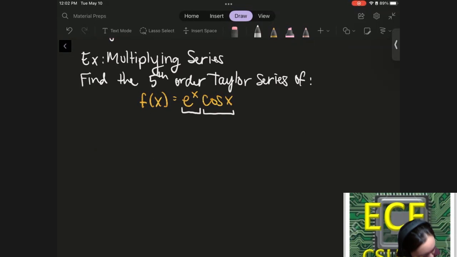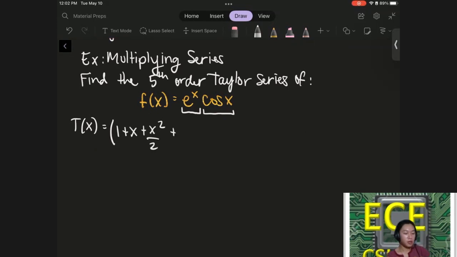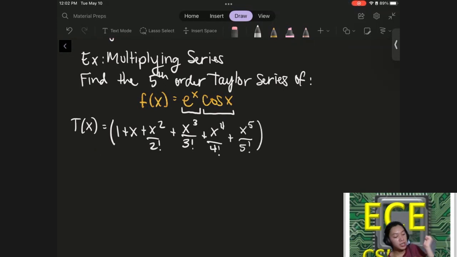Like I said before, you can just take the two Taylor series and multiply them together. For e to the x, it's 1 plus x plus x squared over 2 plus x cubed over 3 factorial, just to keep the pattern, plus x to the 4 over 4 factorial plus x to the 5 over 5 factorial,